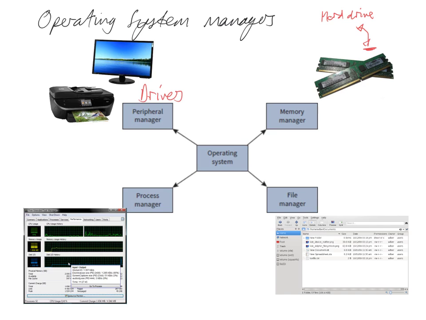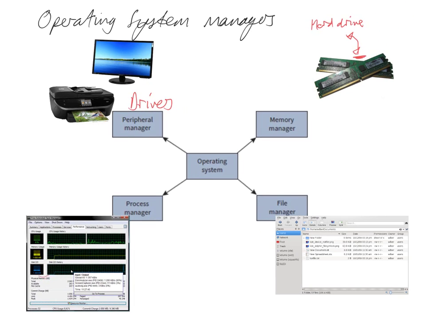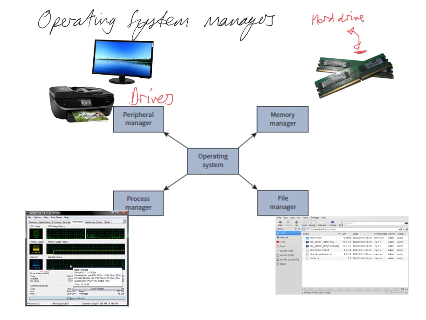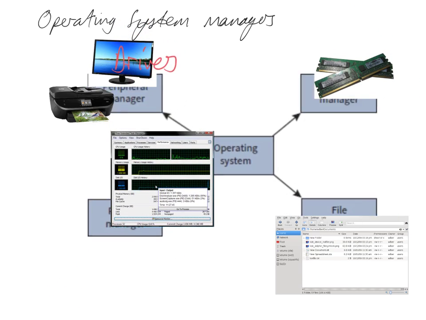So the memory manager basically looks after the RAM and checks there's enough space for each program's requests for RAM. We can actually see this a little bit if we enlarge this here.